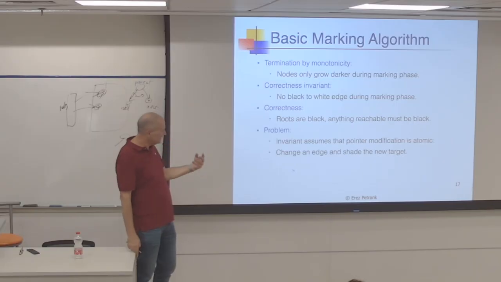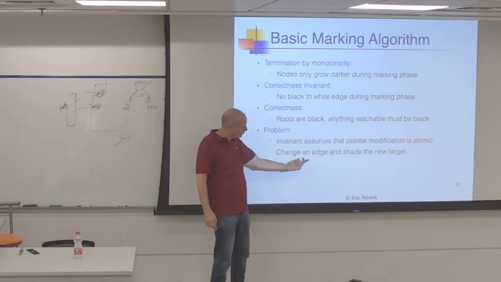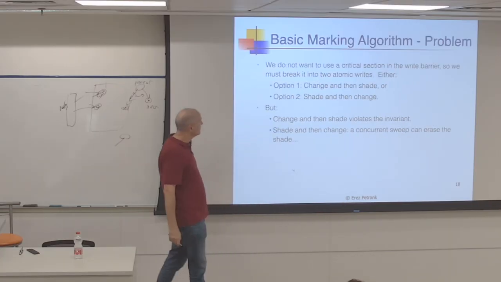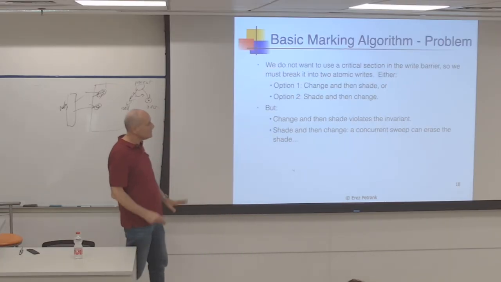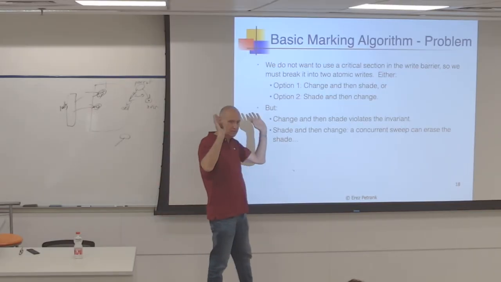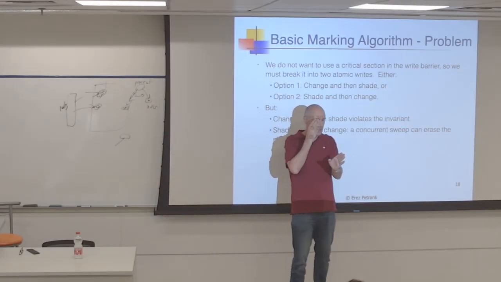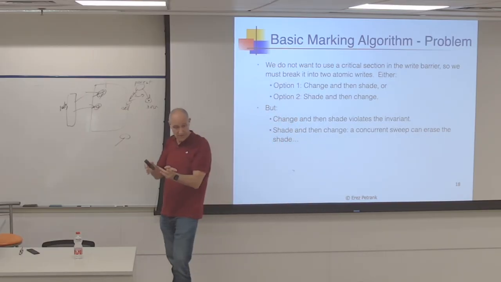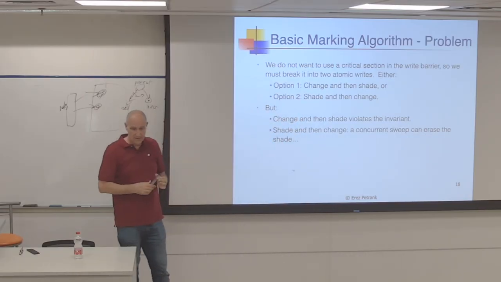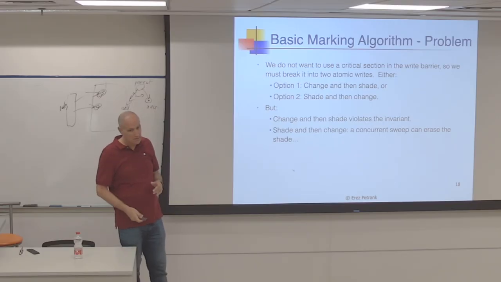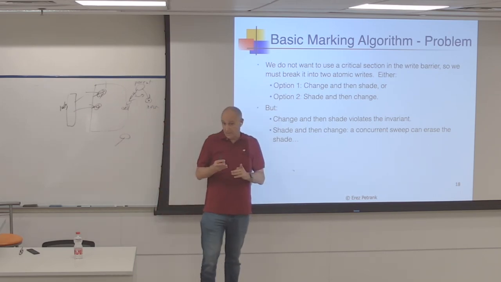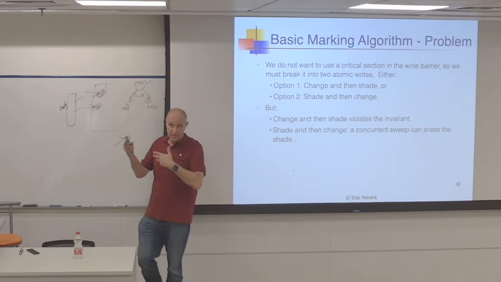If I look at it more seriously, in a more refined way, to see what's actually happening, then there are problems. So we could take a lock. We could say, I'm now changing an edge and shading it. A question? I was just asking, if the garbage collector is only one thread, then why would this be a problem? Because it would just be doing actions one after the other. Right. For the collector or the mutator,